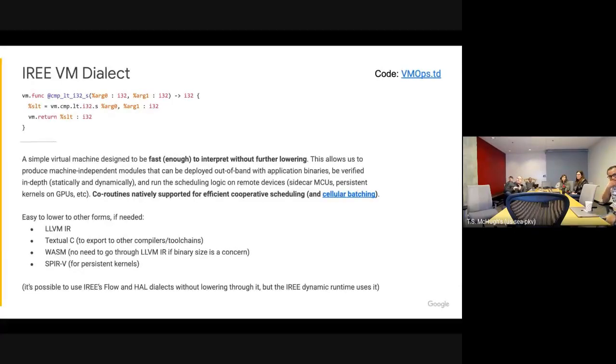And then we're focusing on enabling things like coroutines, which if you were to lower this with coroutine support to LLVM IR, you might use some of the coroutine support that's been getting added there recently. But that's what allows us to do the deferred execution and delayed batching work.